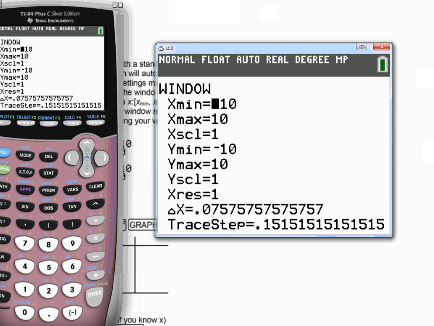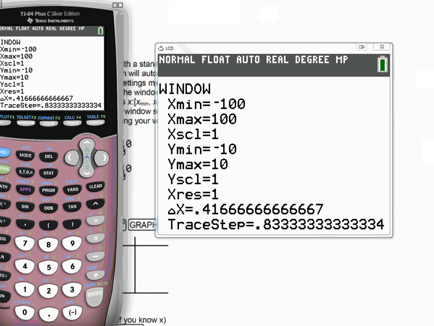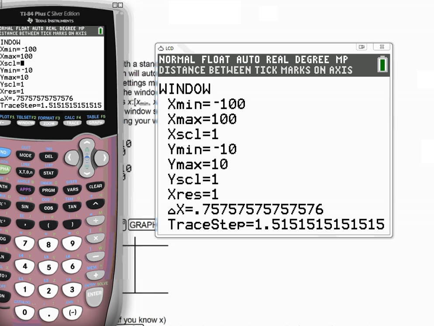If I want, I could change that to be whatever I want. I can zoom out, so to speak. I could go from -100 to +100 on my x. Now, I probably wouldn't want to do a scale of 1, because then how many ticks do I need to draw there? 100 between 0 and 100, so 200 total. So how much would you want it to go up by? Probably 10. And then for our y, negative 100 to 100, scale of, let's go again by tens. So if I graph that,